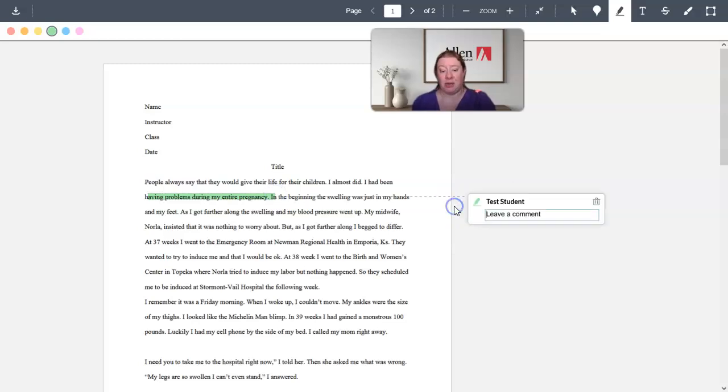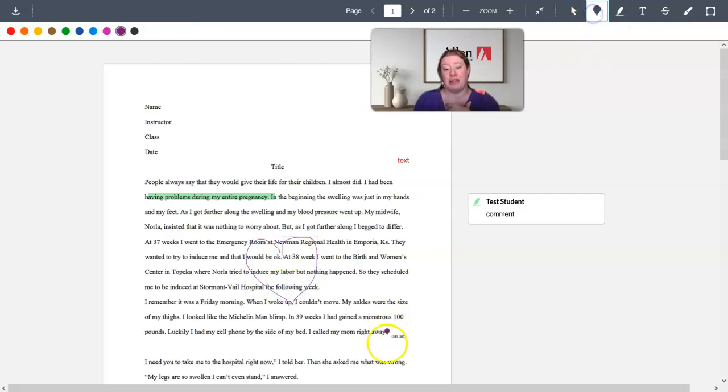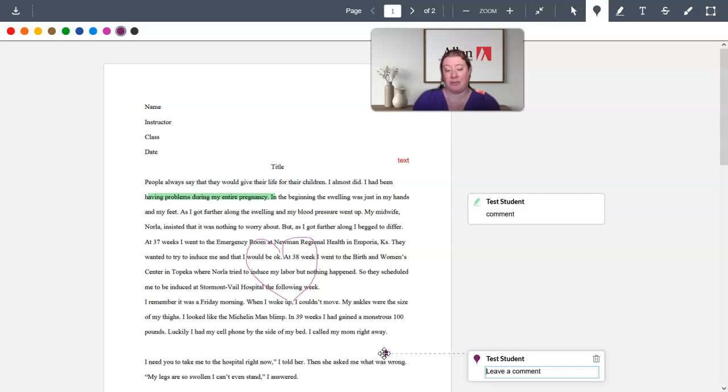There's a highlighter, which you can highlight and then leave a comment with. You can leave text comments if you want. That's not as useful because I can't see. It doesn't leave your name, so I can't see what you've done. You can draw pretty pictures if you like to draw. My favorite's a little bubble comment. You'll see that a lot from me as the instructor, a bubble comment, strike through,